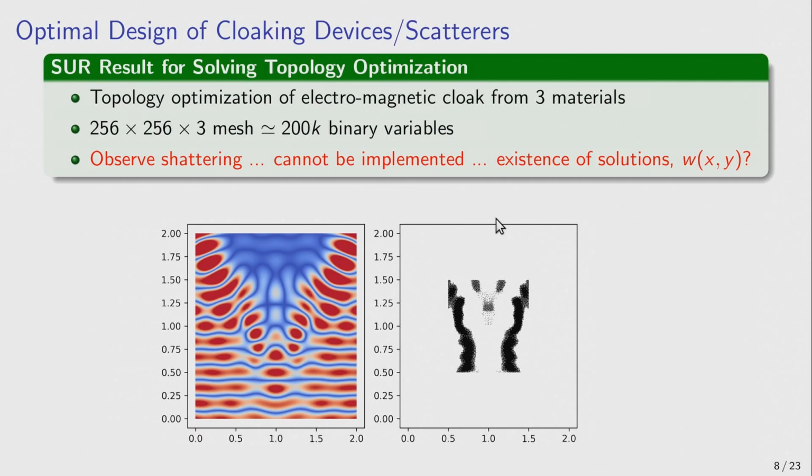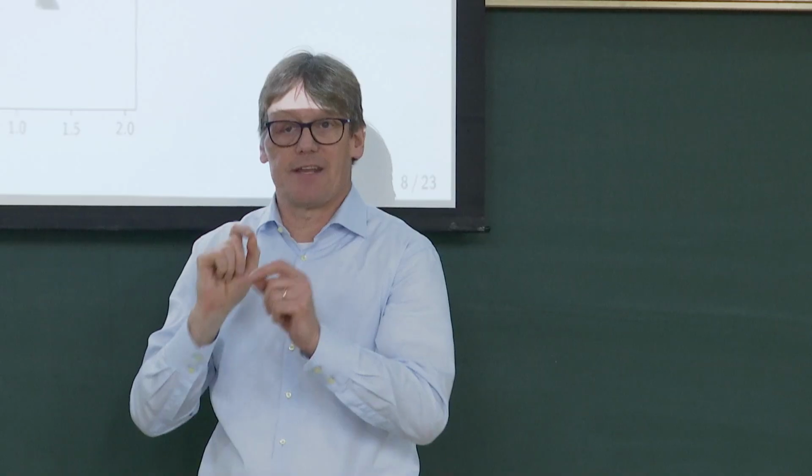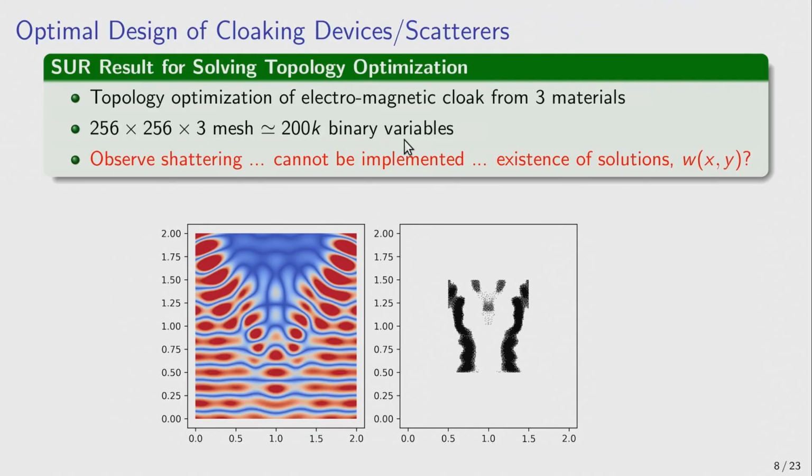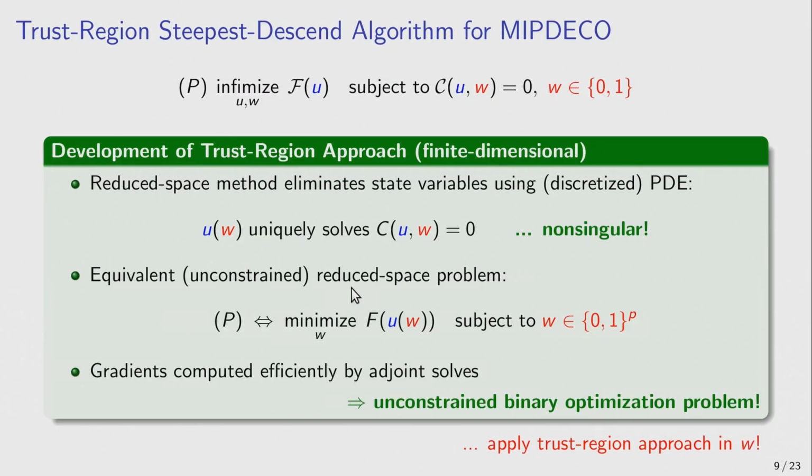This is the cloaker that we're designing, and I'm not sure how well this is showing, but there's a lot of scattering or speckle patterns that are happening here. So there's a lot of zeros right next to ones, and that's really bad. In particular, this would be hard to implement or build in practice. So we now need a way of somehow reducing these speckle patterns in order to get designs that we can implement in practice. And there are ways of doing this,